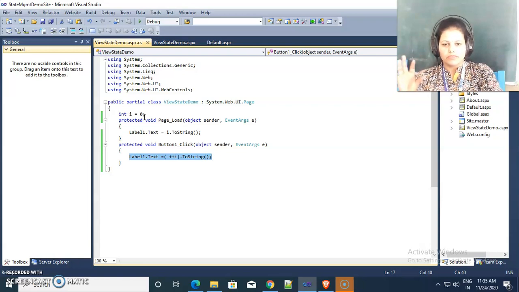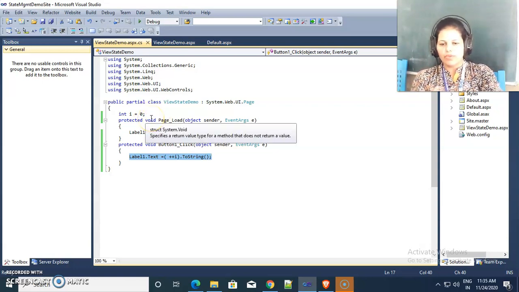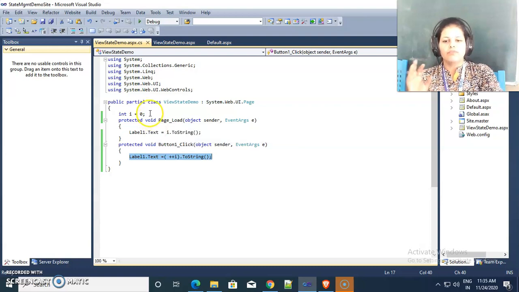We want that old value, so we need to maintain state. Whatever value is present inside a particular label, text box or drop-down list, we want that old value, so we need state management. By default, view state is maintained for all the controls. Before going towards the text box control, we will see how we can use it by coding, forcefully maintaining the view state.